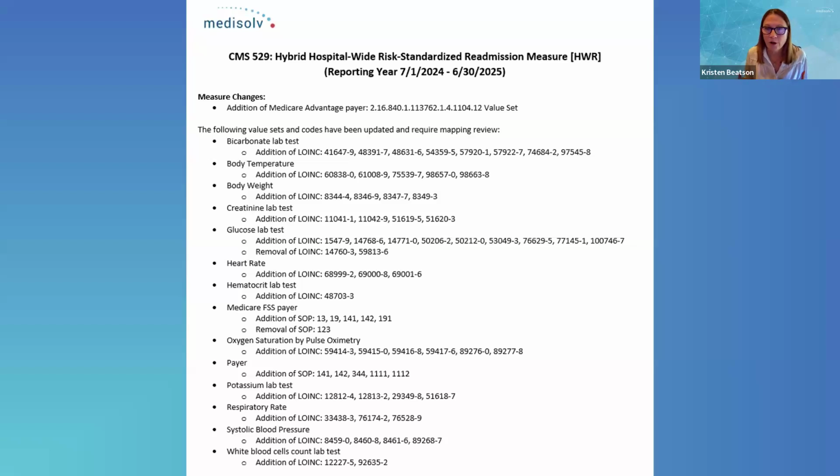We summarize for our integrated clients all of the changes for each measure, and this is just an example for the readmission measure. You can see a lot of changes on here in preparation for the 7/1/2024 start of that measurement period. So again, just making sure you're aware of all the changes that are coming from year to year with these measures, as well as your eCQMs. It's the same process. It's just a lot to keep up with. And I wanted to mention, because definitely if you don't have the new mapping in place, you may see missing data in your CCDE data for submission within those QRDA files. Next slide.